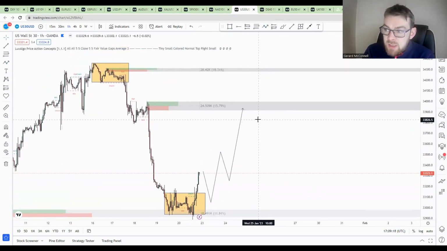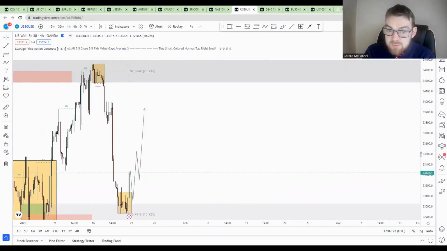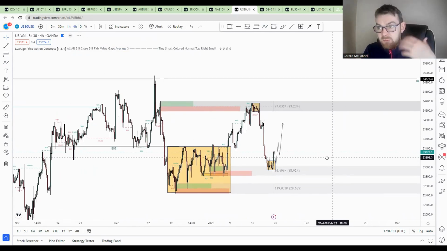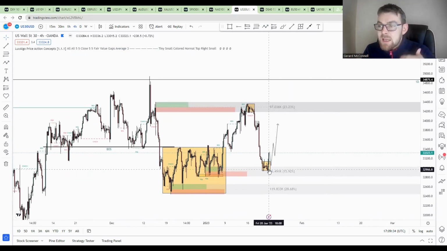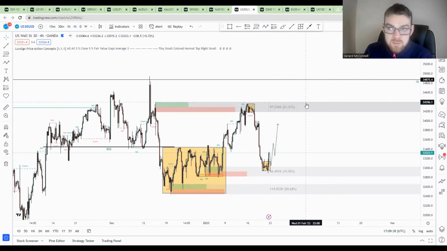So 33,900 to 34,000 becomes interesting. And broadly speaking, if you're looking at the 4 hour charts, you've got 34,200 to 34,400. So you've got a short-term area here on the 1 hour charts, and a broader region up here. And of course, if the dollar weakness continues to play out, that would be a potential scenario to keep an eye on. No trading advice here, just purely observations from market dynamics and market sentiment.